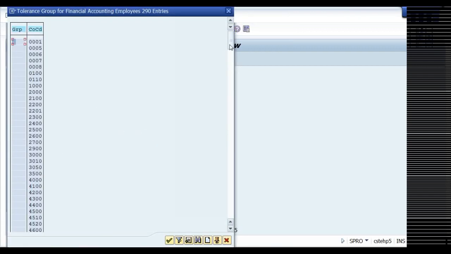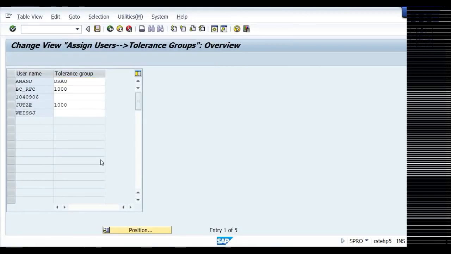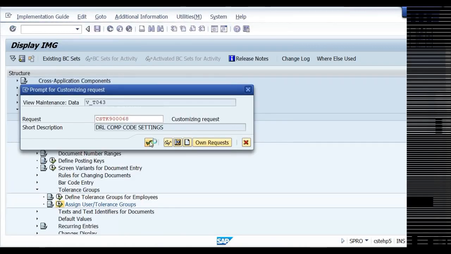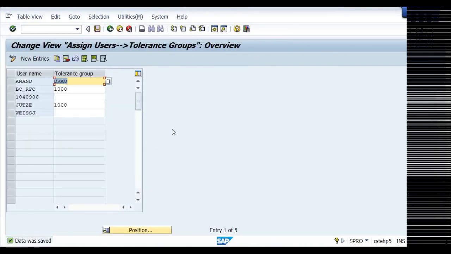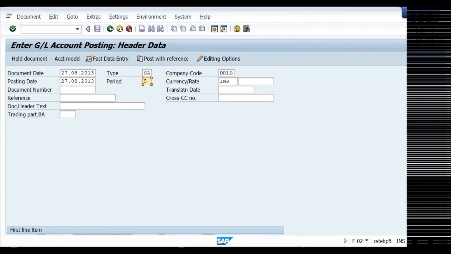If I give this one, let me check. DRAO. If I give this user ID, save it. Now I'm posting an accounting entry in DRLB.